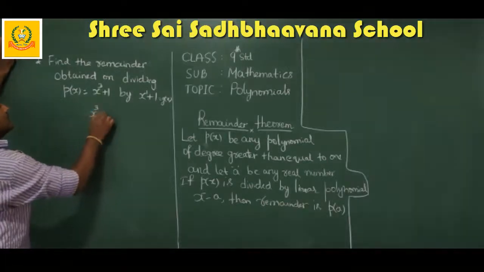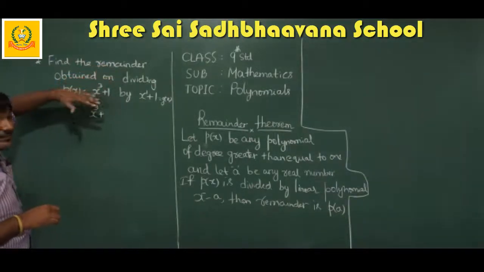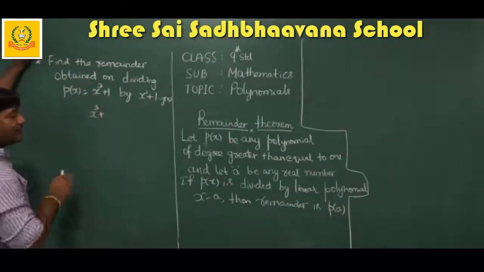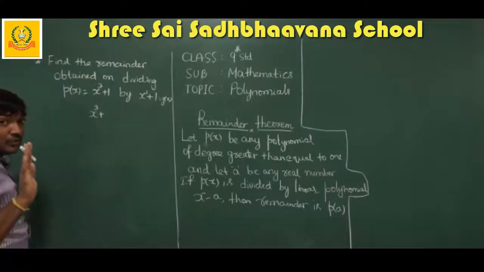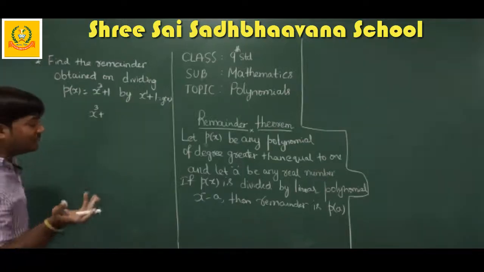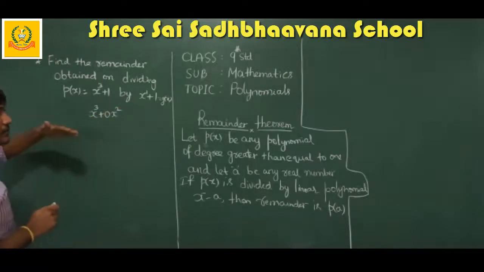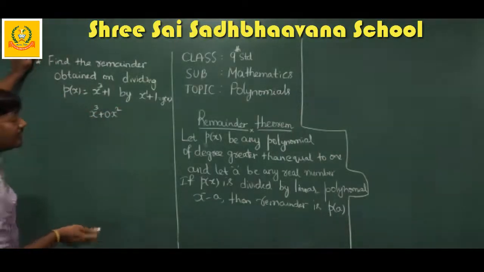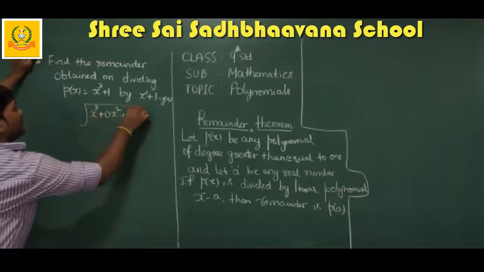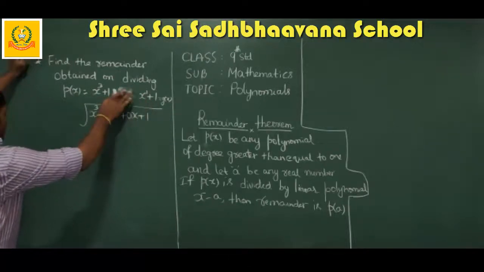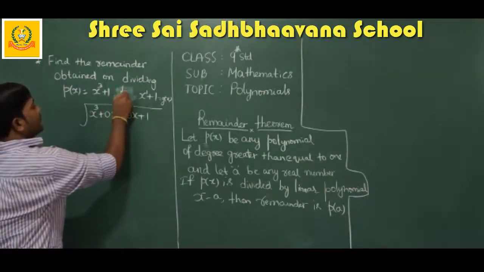What you observe here is that we have the x cube term and the constant term. If you consider the powers of x, we have power 3 here and directly the constant. Two powers of x are missing. What are those? x square and x to the power 1. As I said before, if a particular term is not there, you just multiply with 0 and put it so that you can easily understand while doing division. That is very, very important. Otherwise it will be difficult to understand.